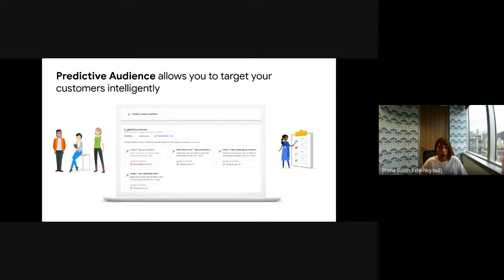So here, once you have the purchase event tracked on Firebase, we would automatically do the modeling for you. And usually it takes around 30 days for the modeling to complete for the first time. And after that, every day we will refresh the users in that audience list, and then we'll share that with Google Ads automatically. So what you need to do is look at the audience section, and there's a predictive part, which has a list of predictive audiences for you to create, and then you can share this with Google Ads for targeting.